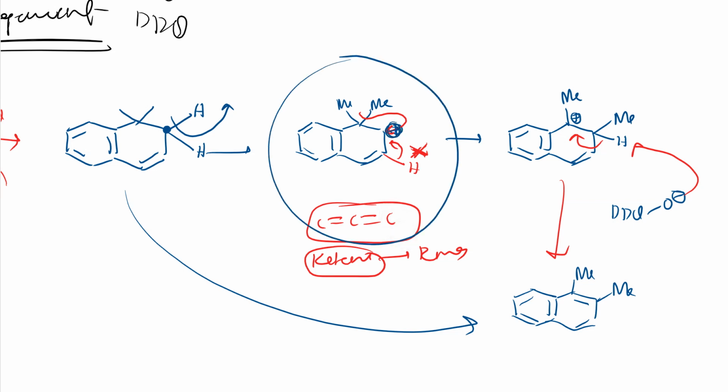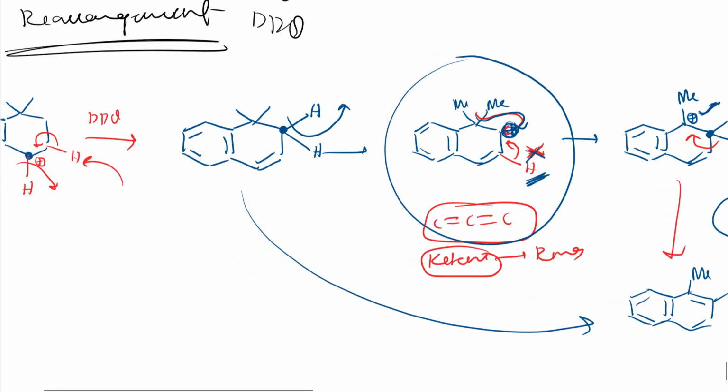So here to remove one more proton, I don't have any proton. I can't remove this proton as it is. It will form a cyclic ketene which is unstable. So I will do this 1,2 methyl shift. Methyl shift means with electron density it will shift. So as soon as it takes the electron density and comes to this carbon, it becomes neutral, but this carbon gets positive charge. So further DDQ, which has got oxygen negative charge, will take this proton and I'll get this product, right? So this is how the reaction happens, right? I hope you understood it.